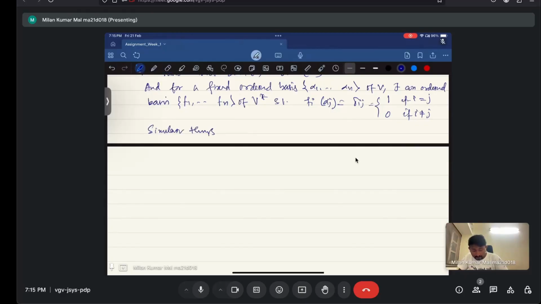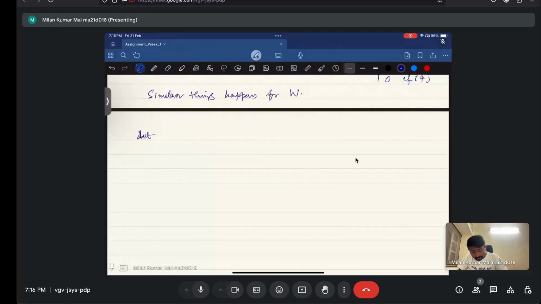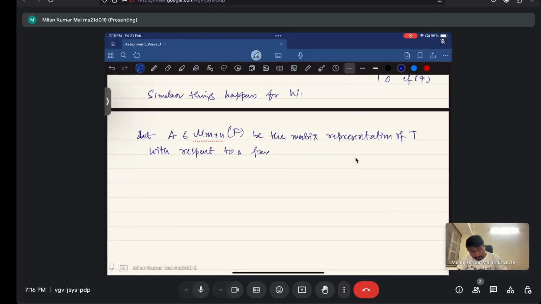Similar things happen for W, right? Now let A belong to the m by n order matrices over the field F, and B the matrix representation of T with respect to a fixed pair of ordered bases of V and W. Okay, so now a natural question, so one can ask,